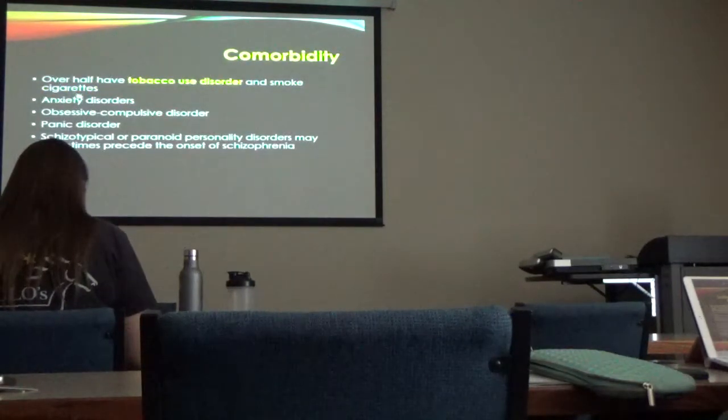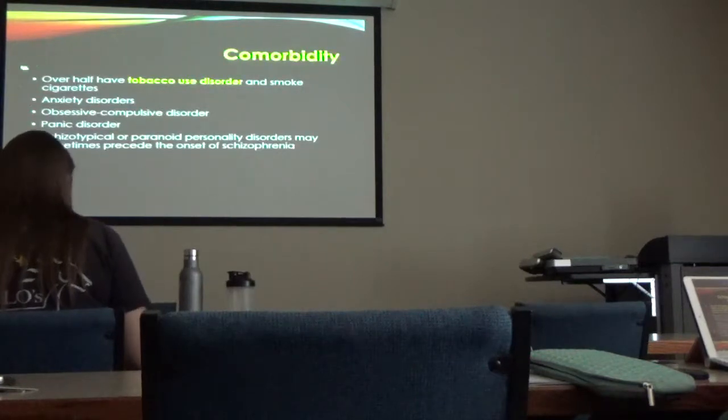Comorbidities. Over half have tobacco use disorder. In fact, in my mind, when I see a schizophrenic, I think about cigarettes. I always do, because it's so common, and they smell like cigarettes. So in my experience with schizophrenic patients, I actually can smell a cigarette. To me, tobacco-stained clothes that smell so strong, I associate that with a schizophrenic patient. Most of them smoke cigarettes. And I don't know whether the tobacco and the stimulant has some kind of effect that makes them feel better